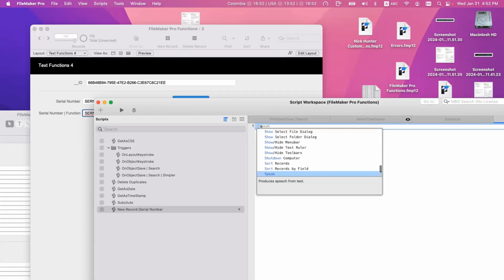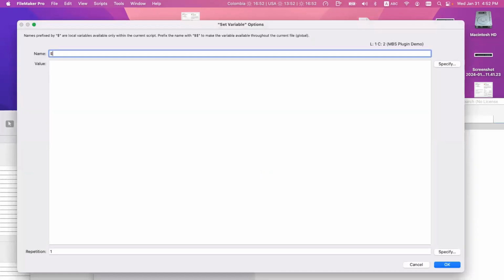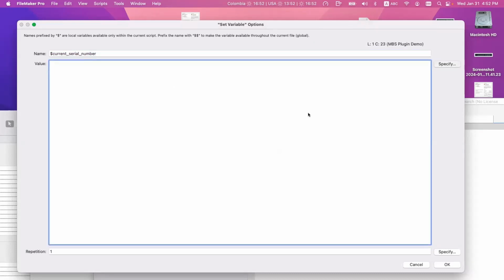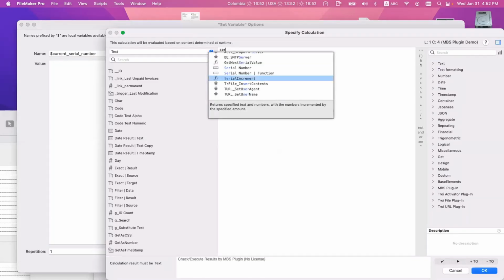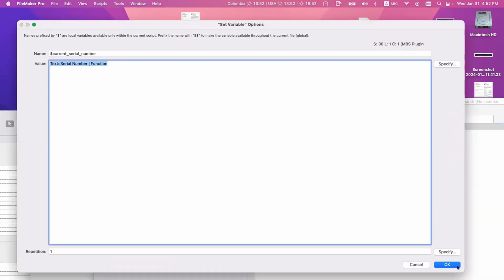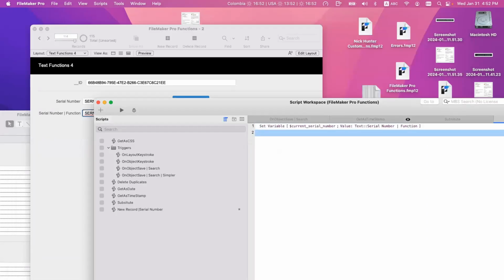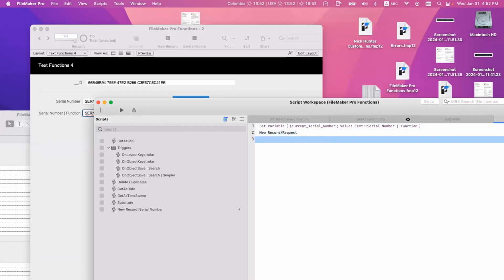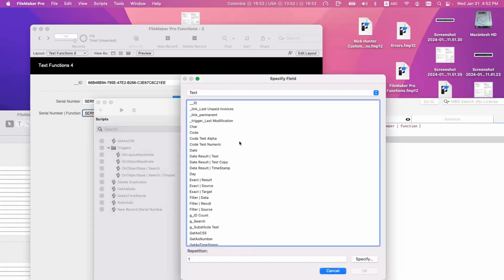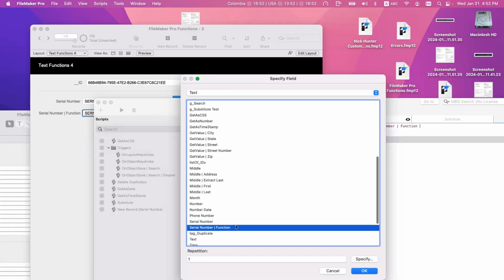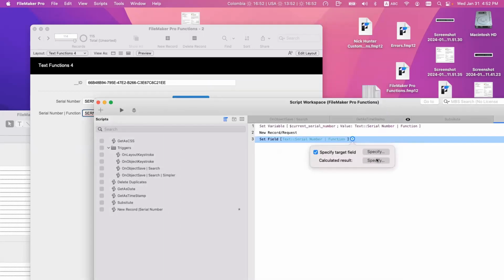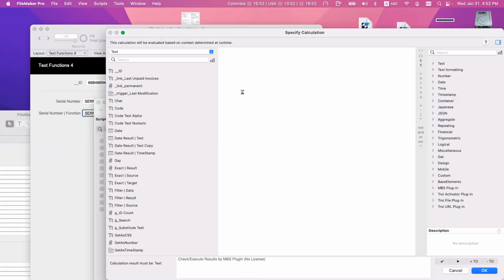So you say set variable, current serial number, that's the one you have, serial number function. Okay. You create a new record and you set fields, the serial number function with serial number